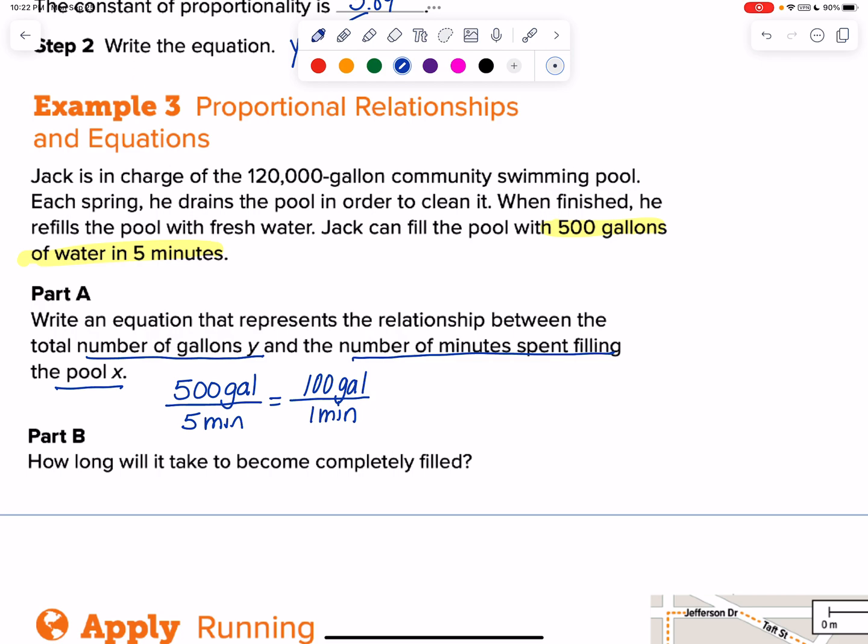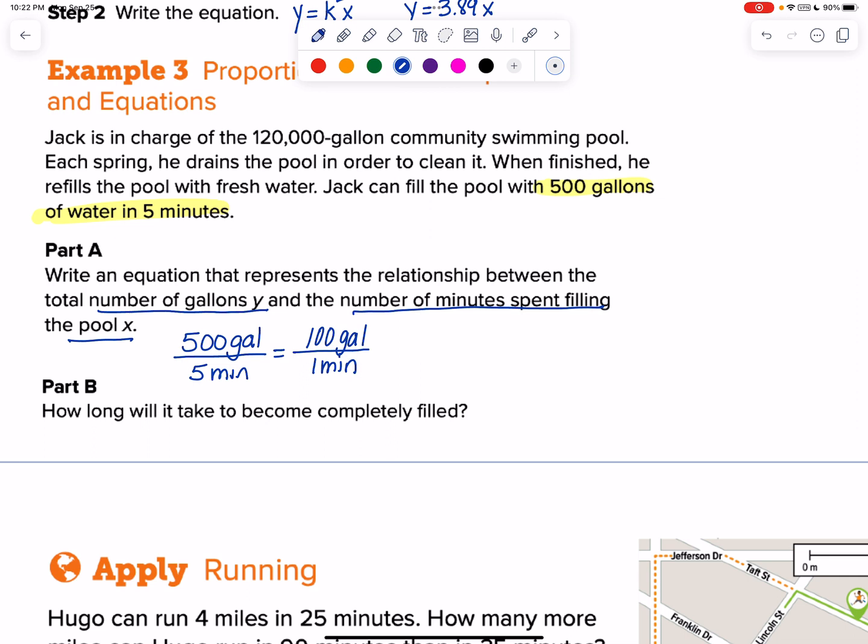Okay, so let's go ahead and create our equation. So we could create a proportion to solve this, which we're a little bit familiar with, or we could use this equation to solve it. So since we're talking about equations today, let's go ahead and do that. Okay, so y is the number of gallons. Okay, and so in this case, we have number of gallons is y, number of minutes spent filling the pool is x, and so we have this proportion of 100 gallons per 1 minute